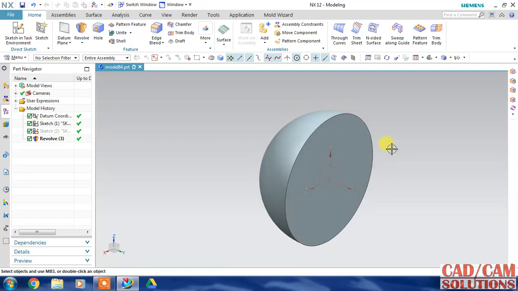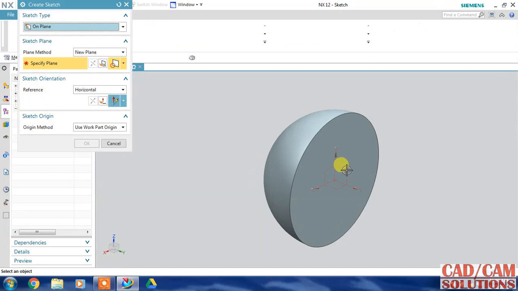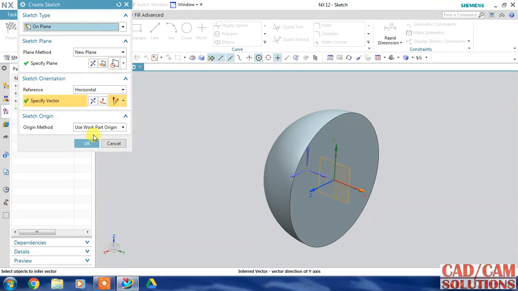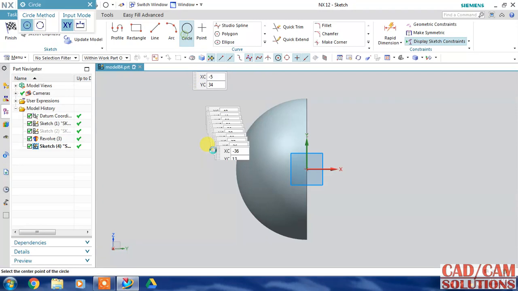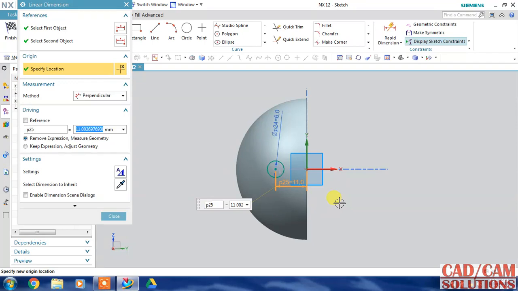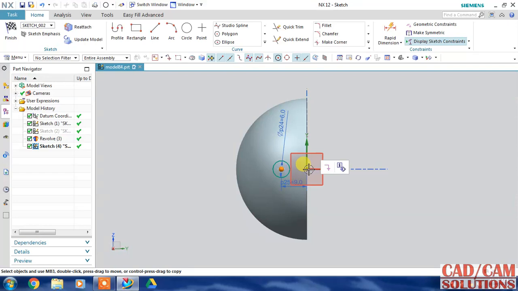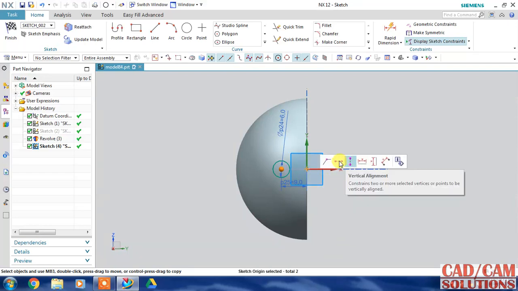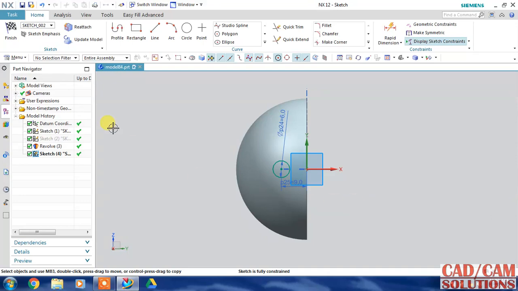Now the second step, we have to select a plane, this one, the front plane, and I will draw a circle, and the diameter of this circle will be 6, and the distance from the vertical is 9, and the origin of the circle must be aligned with the origin, horizontal alignment. Now finish it,